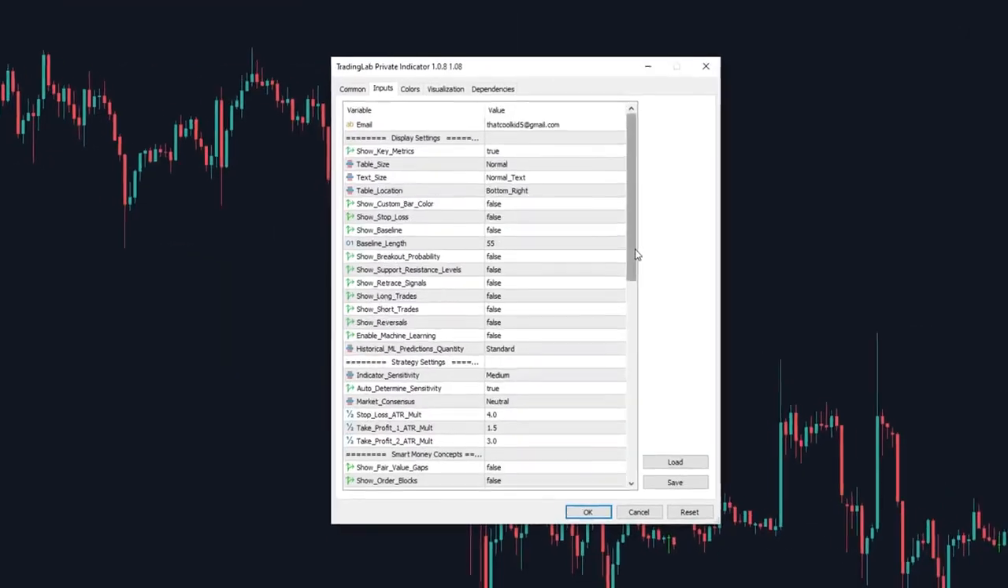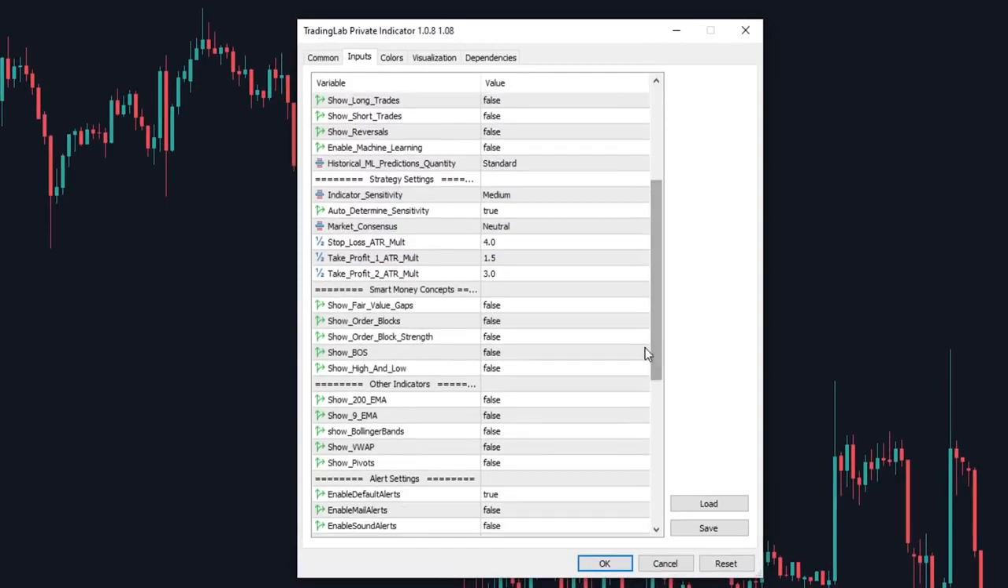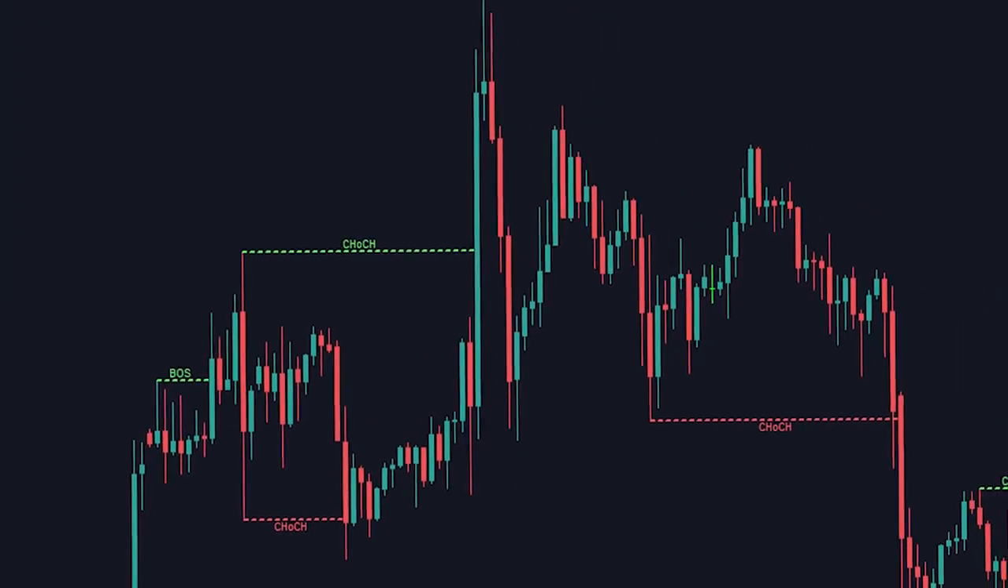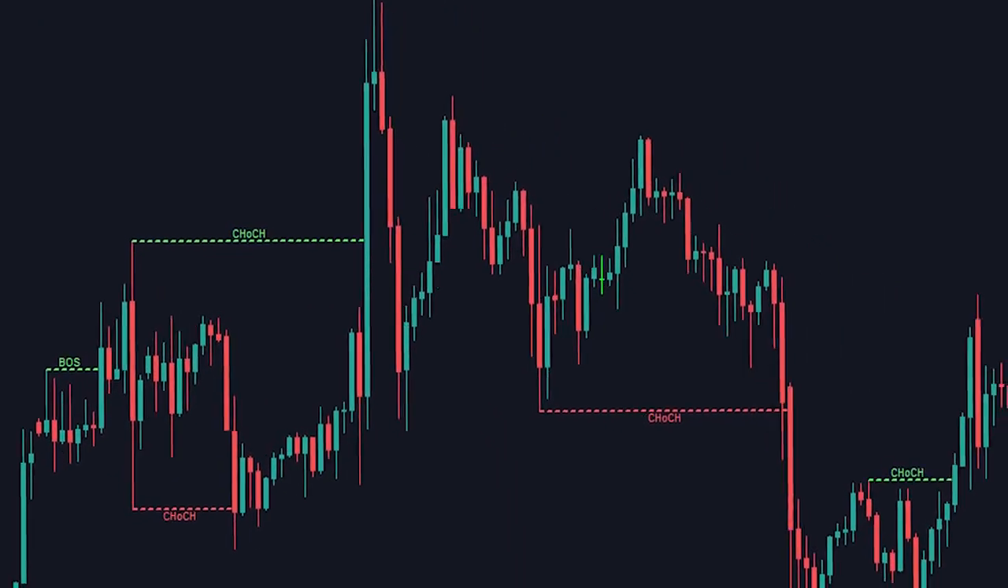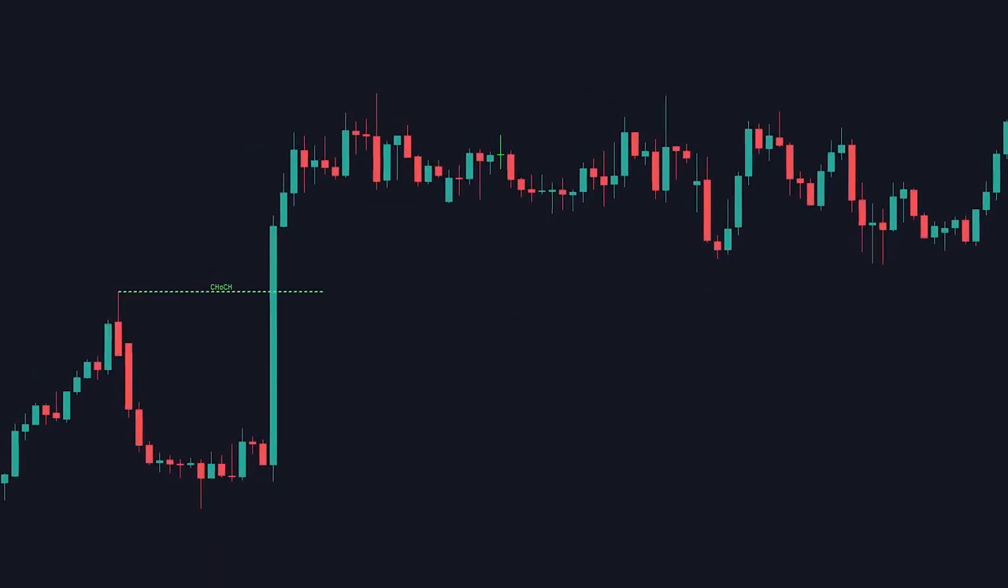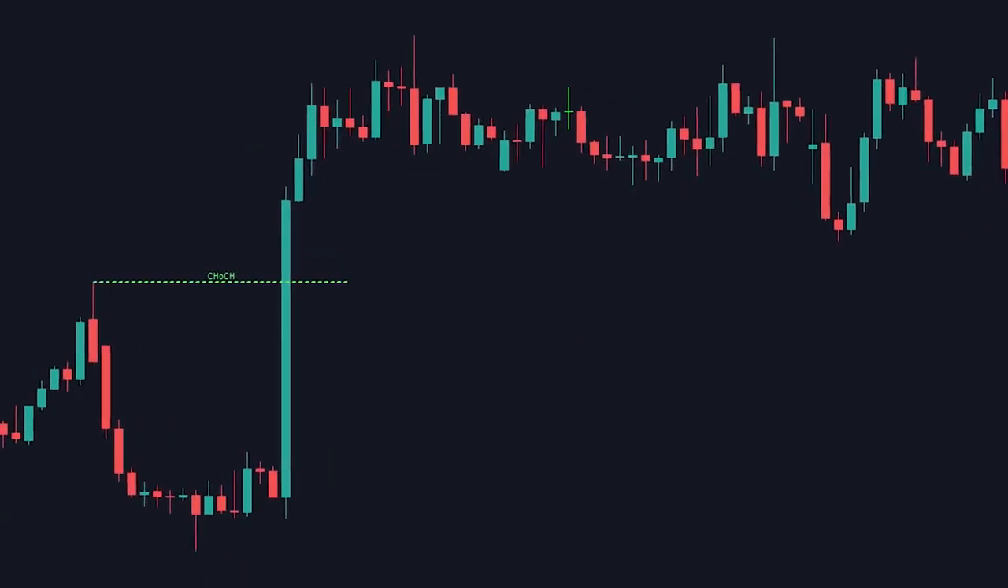All you have to do is go to the settings, scroll down to Smart Money Concepts and enable BOS. This will automatically display all the main break of structures for you so you don't have to mark them yourself. It'll save you a lot of time and will also only display the main structures so you don't accidentally mark